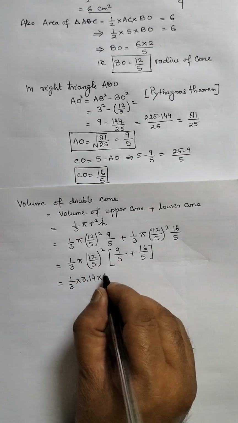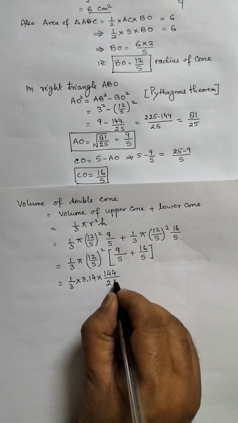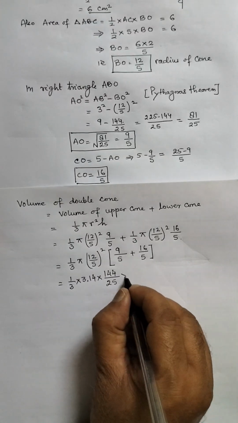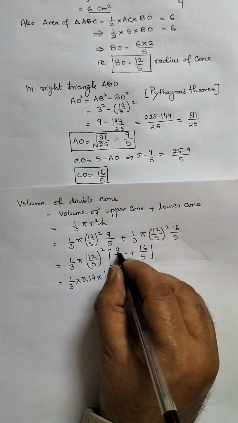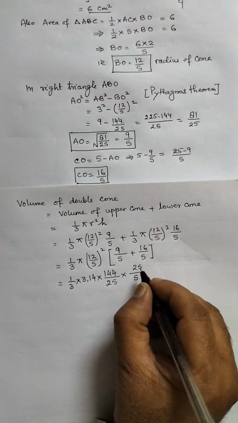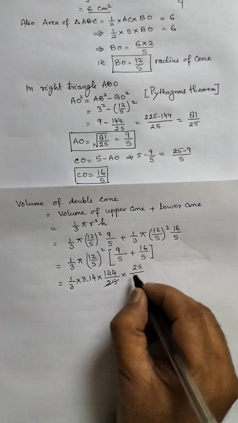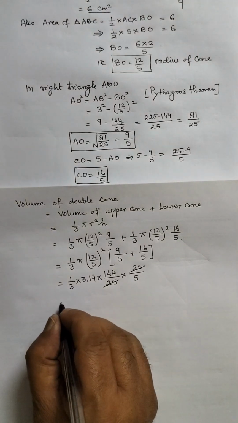This squaring gives 144/25, and solving this, 9 plus 16 is 25. 25 and 25 get cancelled, and solving it, we will get